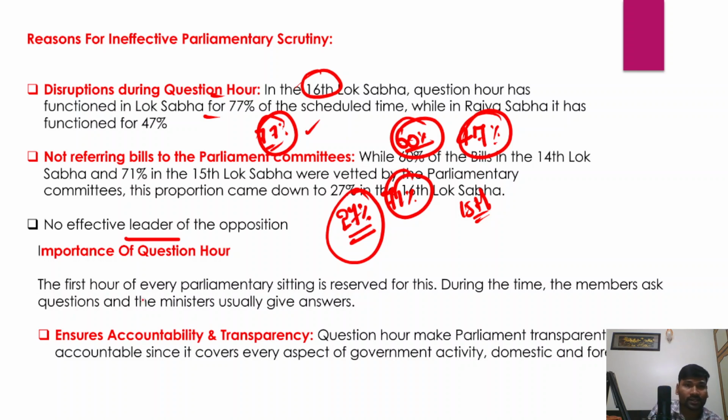Now we'll understand the importance of question hour in this context. The first hour of every parliamentary sitting is reserved for the question hour, right? After question hour there will be zero hour. And zero hour is the time gap between the end of the question hour and the time required for setting the agenda of the day, right? So during this particular time, members ask questions from the ministers, and ministers usually provide answers to those questions